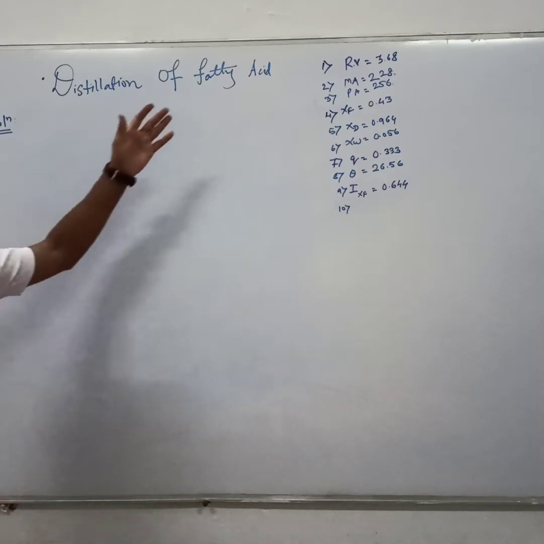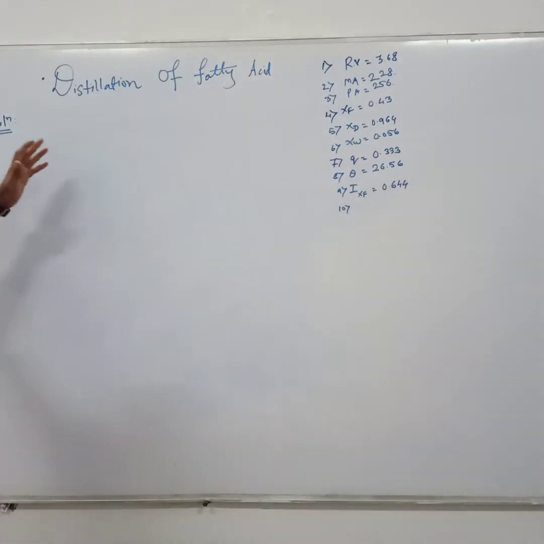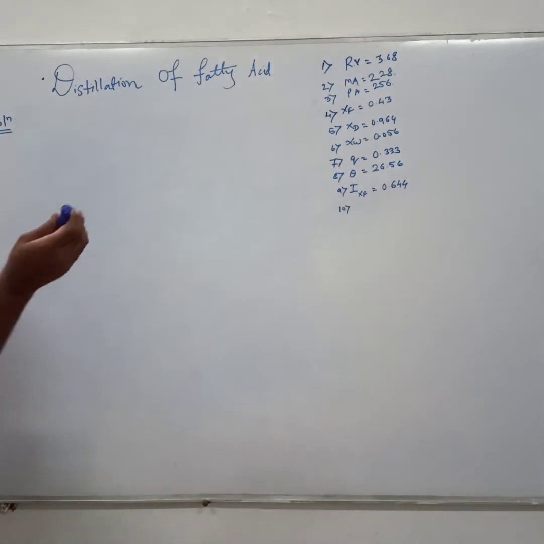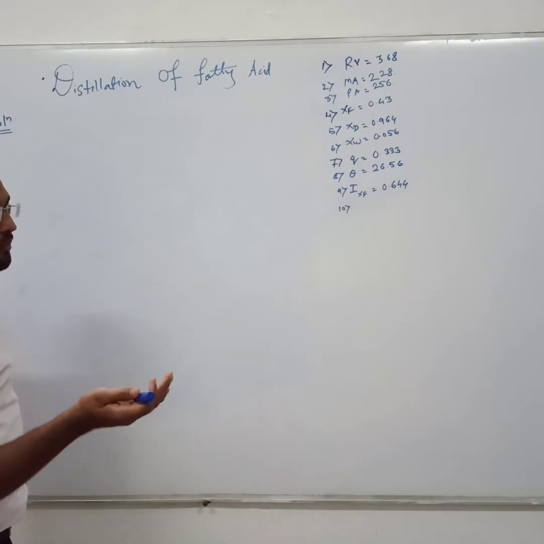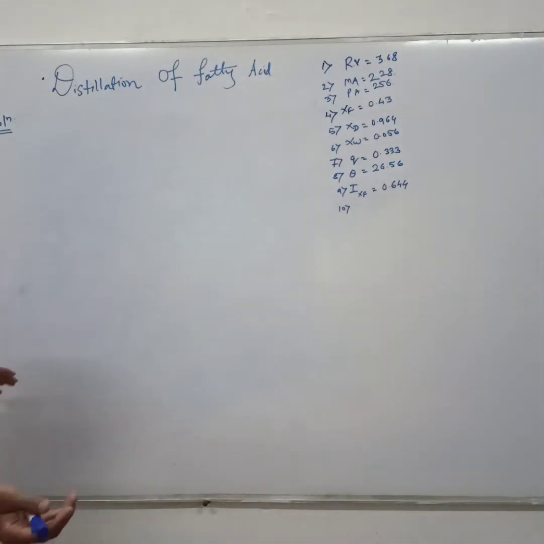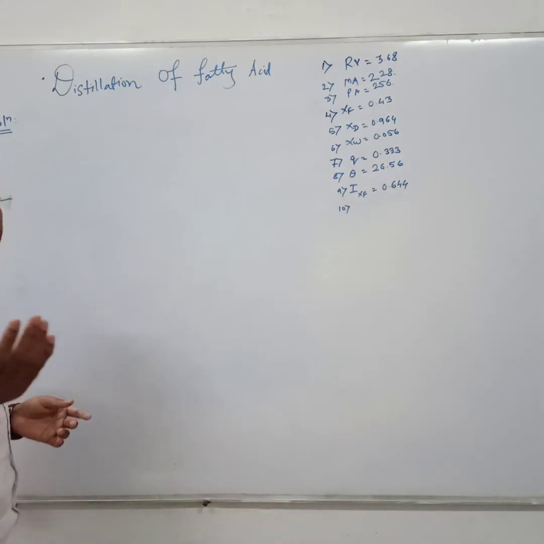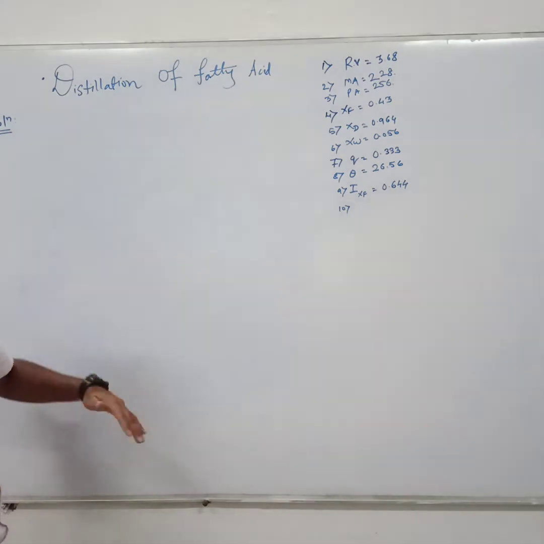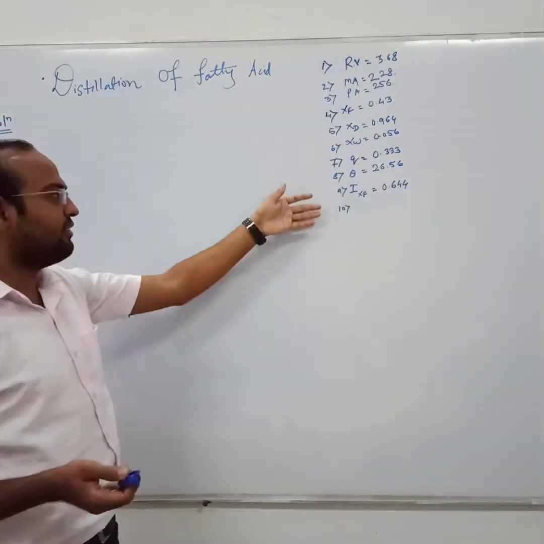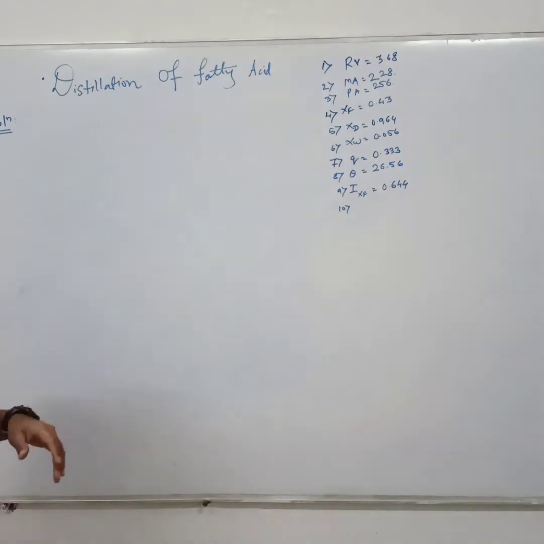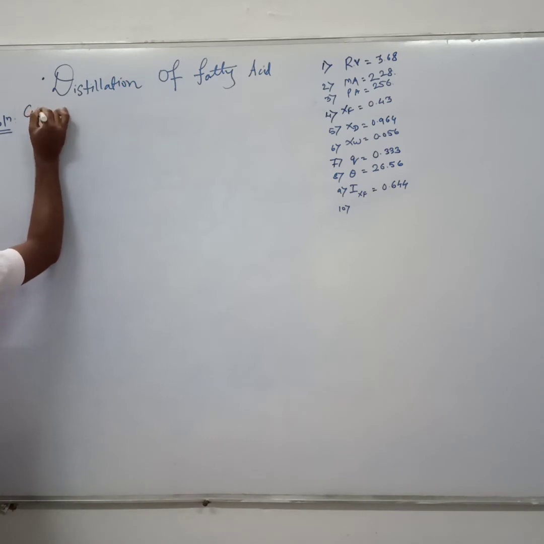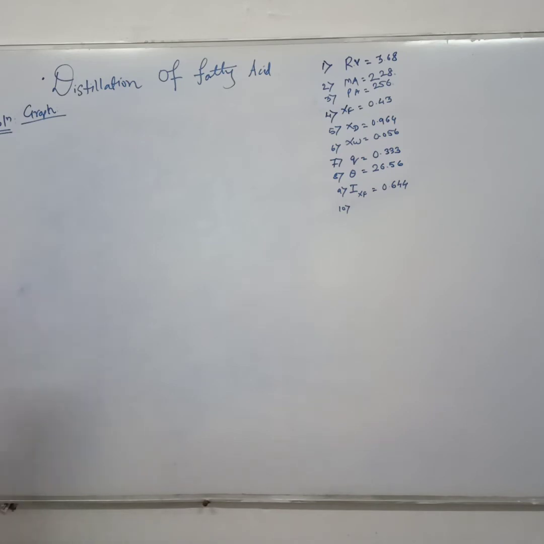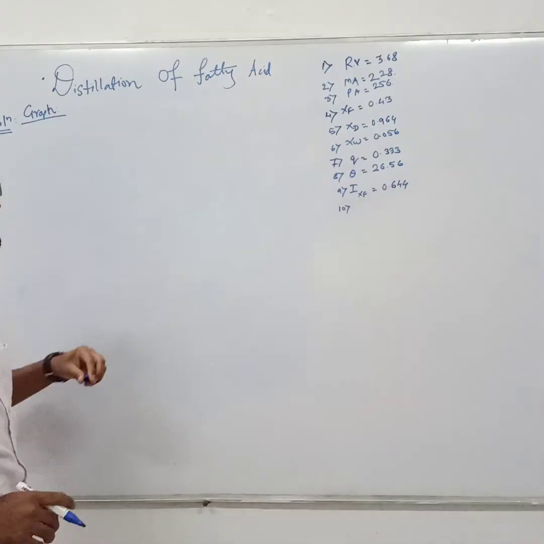I already calculated all the theoretical values by using formula and molecular weight, what we can say, a mixture of feed, then percentage of fatty acid, then the composition of top product and bottom product. All the values are already found out. Now we will move on to the graphical part of our numerical. And from that graphical part, again we are able to find out 2 or 3 different values.